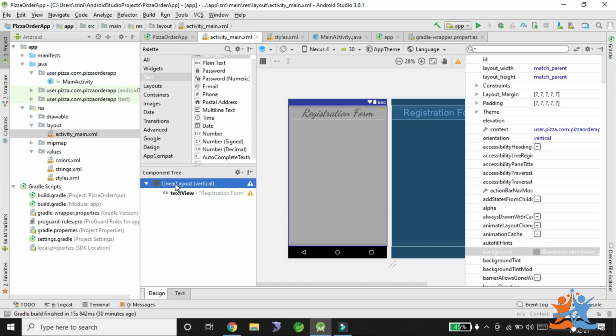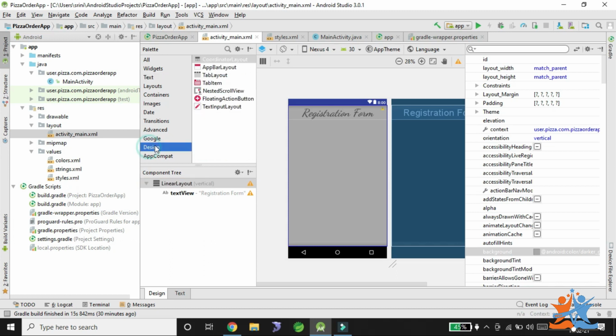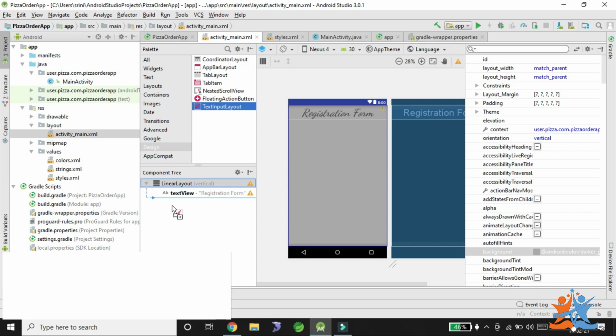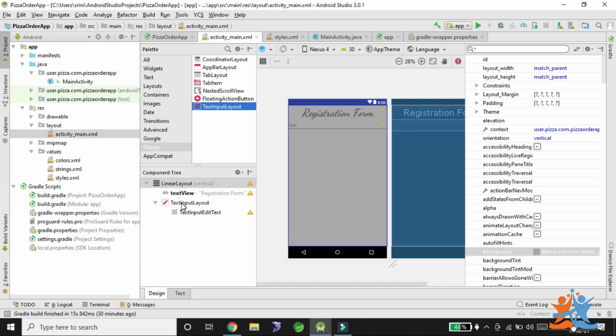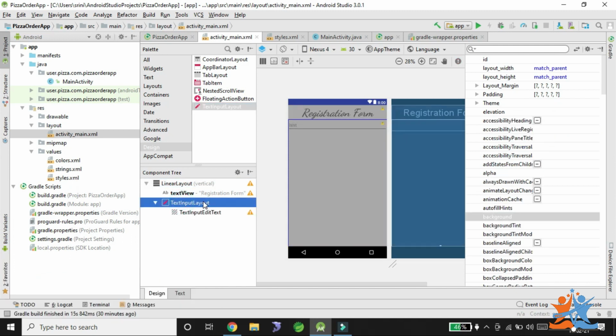Okay, done. After that, I require an input, that is a text input layout. So select the text input layout and drag and drop it into the linear layout. If you observe the drag and drop option, the blue dotted arrow mark will start from the linear layout. So drop it. After selecting the text input layout, it will be selected for the entire phone. So we need to change the height of that particular thing. We need to set it to 100 dp.